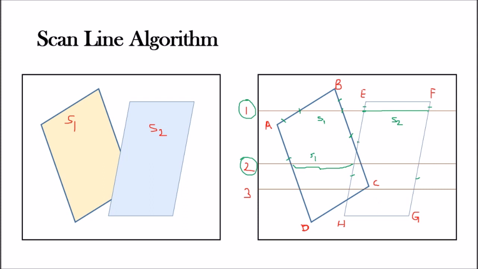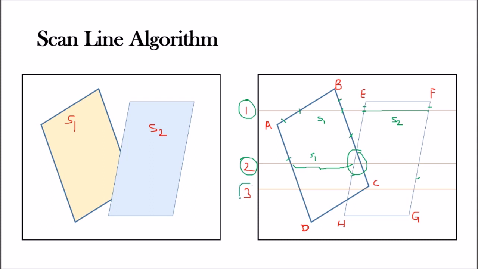Now you can see between BC and EH, in this region, there is overlapping of the surfaces. S1 as well as S2 is on, meaning both surfaces are there. So in this case, we want the depth calculation, to see which surface is nearer and which is farther. Based on the viewing direction, whichever is nearer to the viewer, that surface's intensity will be transferred into the refresh buffer. Now if you move from BC to FG, in this region there is no other surface other than S2, so only the S2 color will be used.